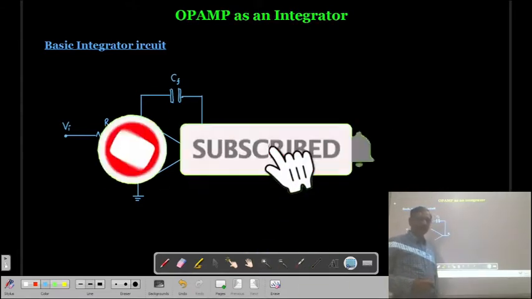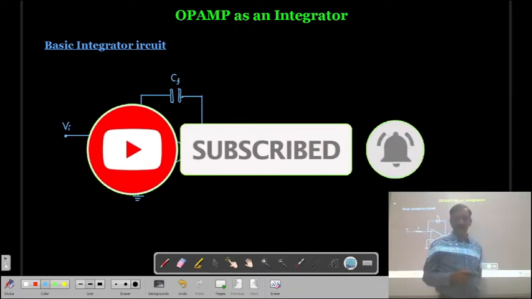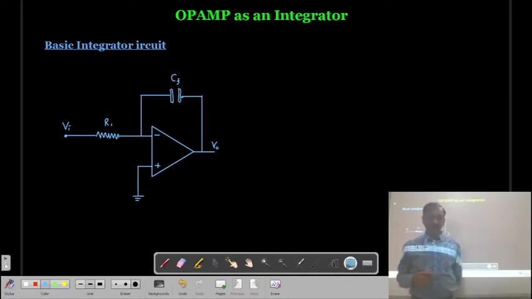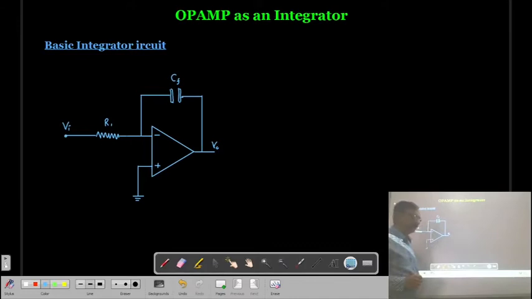It is also used whenever we receive a signal and there is a fast variation in the signal; to make the signal smooth, we can use the integrator circuit. So let us see what the basic integrator circuit is. First of all, we will discuss the ideal integrator circuit. Then later on, we will discuss the practical integrator circuit.